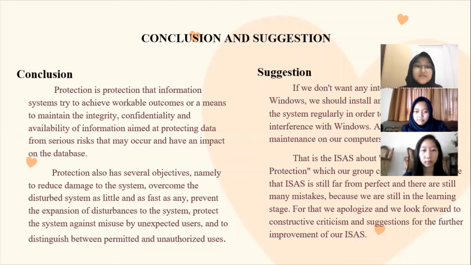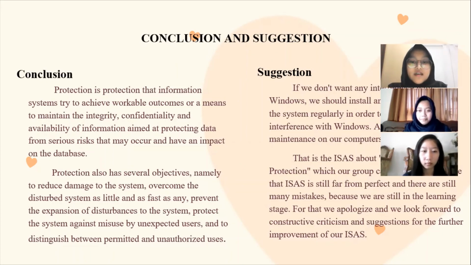Protection also has several objectives, namely to reduce damage to the system, overcome the disturbed system as little and as fast as possible, prevent the expansion of disturbance to the system, protect the system against misuse by unwanted users, and distinguish between permitted and unauthorized uses.